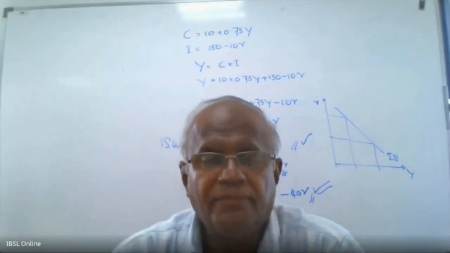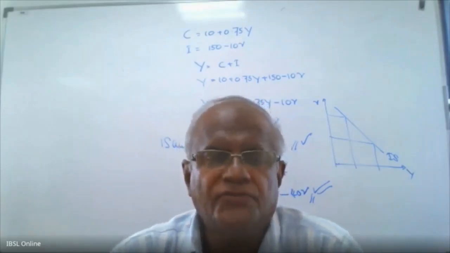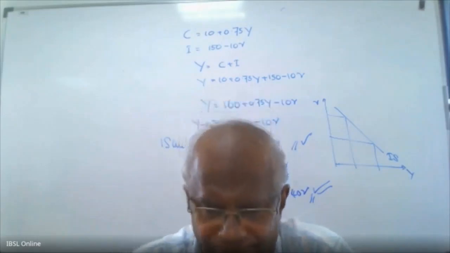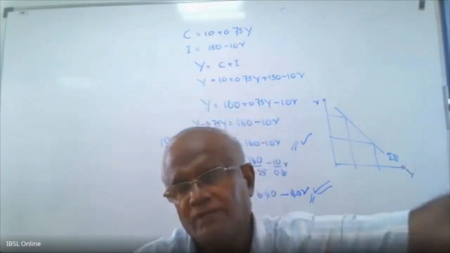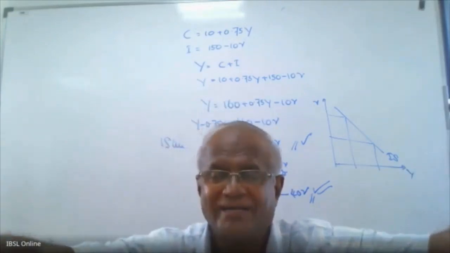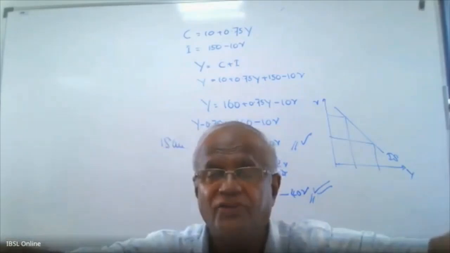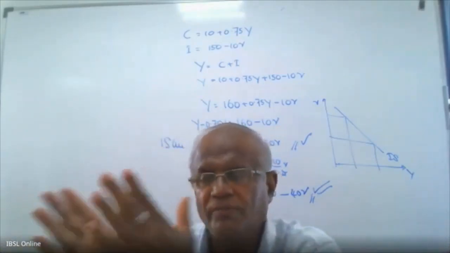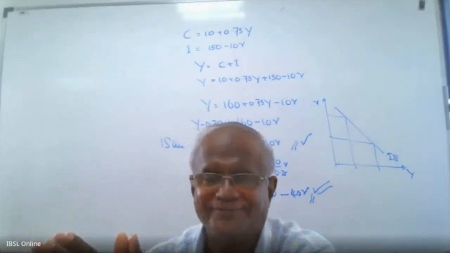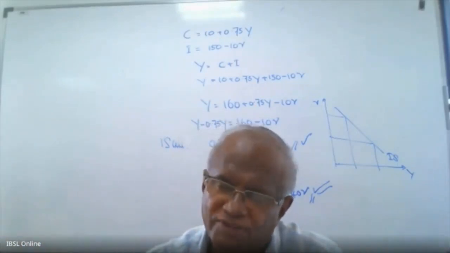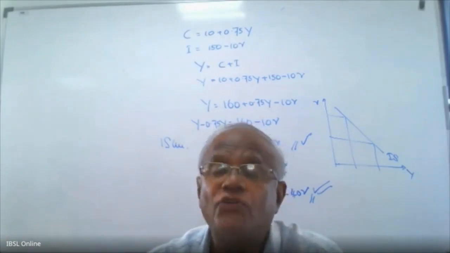Right, the LM curve represents the combinations of income and the interest rate such that the money market is in equilibrium. Now if we forget the goods market, we discuss the money market. In the market you have two sides, no? Demand for money, supply of money. Equilibrium means demand for money equals supply of money. First discuss the supply of money. Who is responsible for supply of money? Central Bank of Sri Lanka.